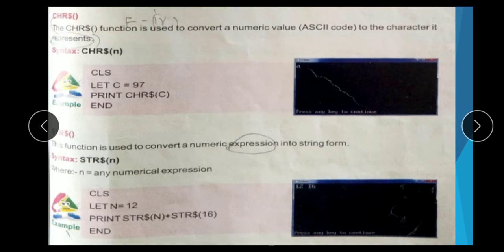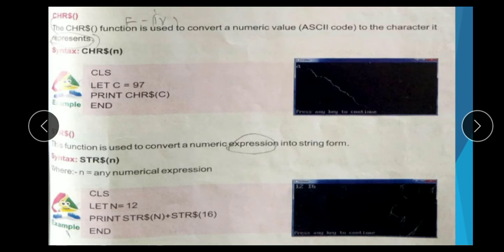CHR function. This function is used to convert a numeric value, an ASCII code, to the character it represents. It converts the numeric value into a character.